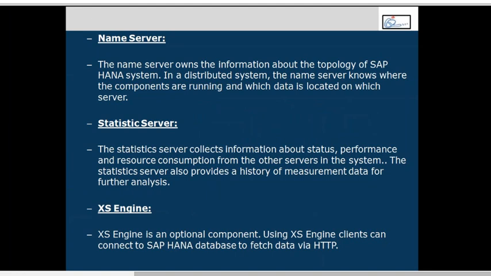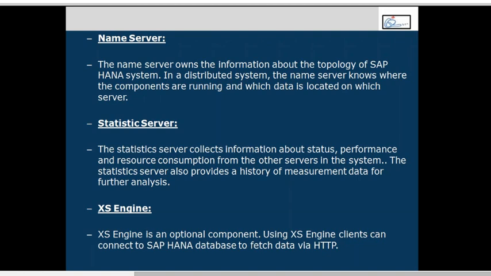That is what we call multi-node or distributed systems. In a distributed scenario, I have a name server which will have information about what data is available in which node. For example, I have a table. I split the table data across multiple index servers, but I need to have some index-like component which says which data is available in which node, right?